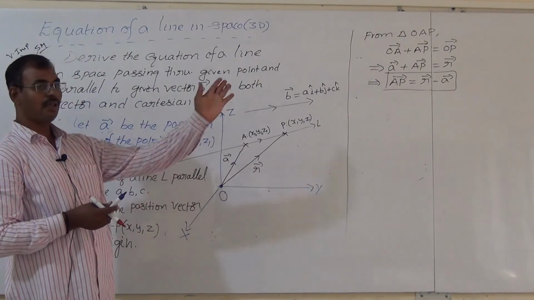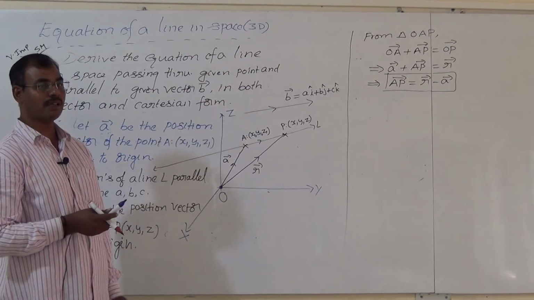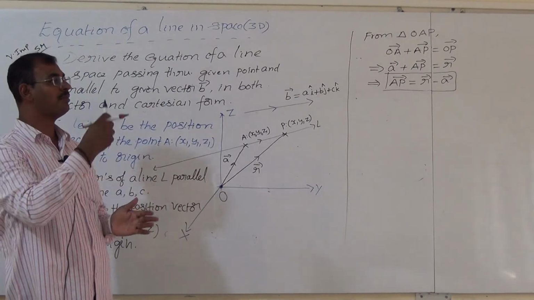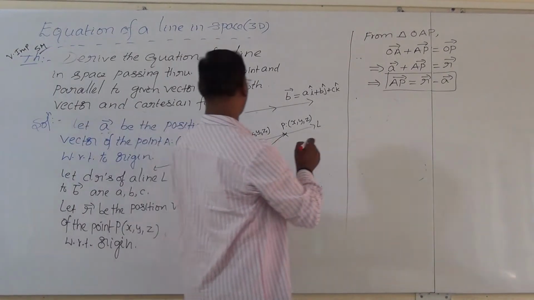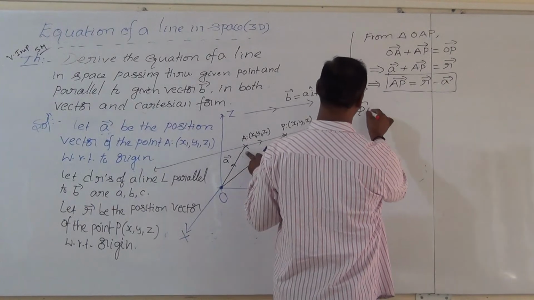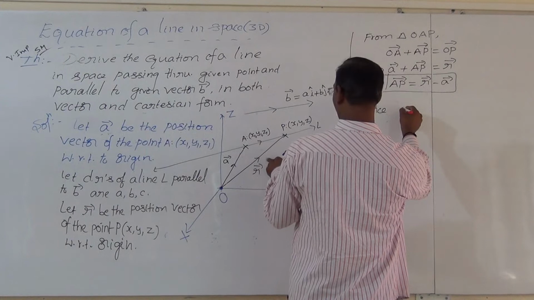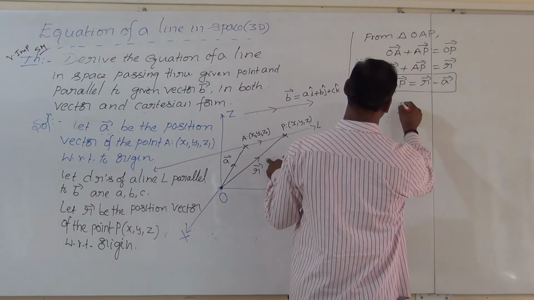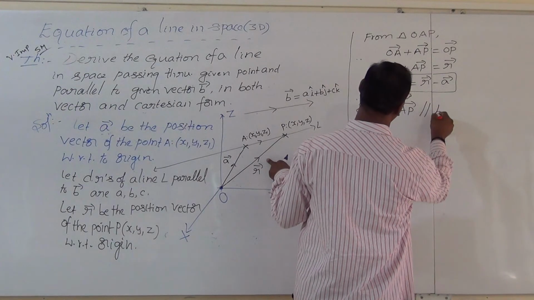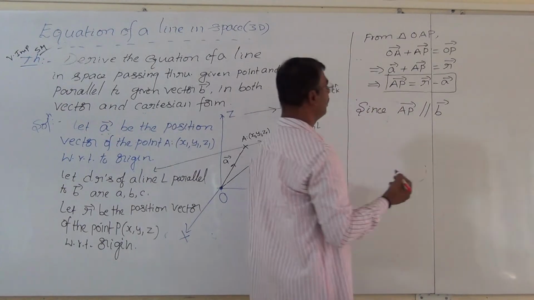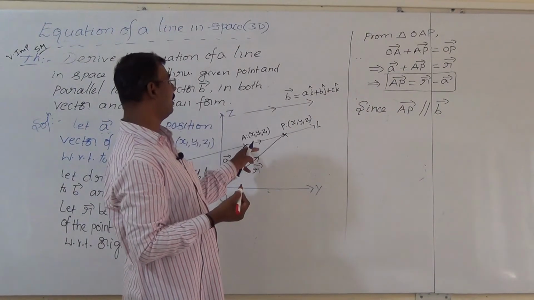A vector is equal to lambda times B vector. First vector equals lambda times second vector. So since AP vector is parallel to B vector,